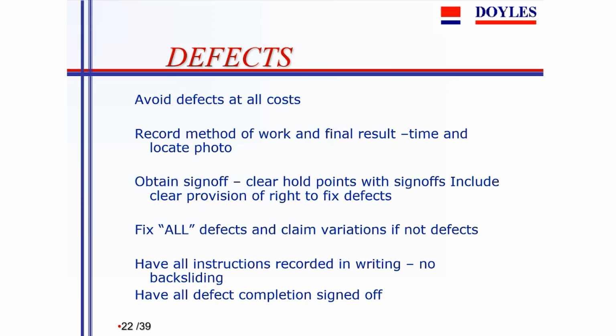And again, if you've got a defect that's been identified, in order that it is remedied, have somebody come to inspect it and sign off the rectification. Otherwise, the cost of going back to do more of that work will be close to ruinous. And if you go to the next slide,